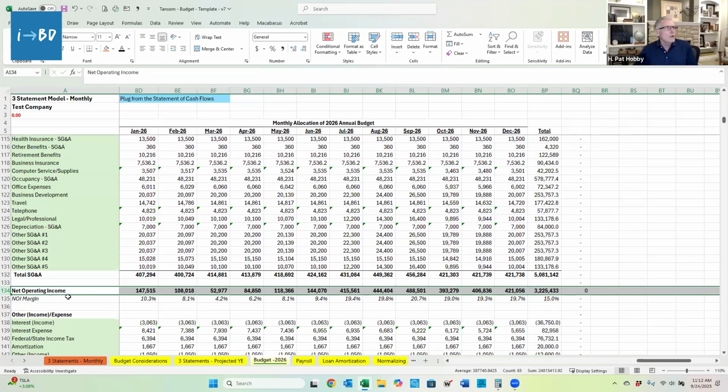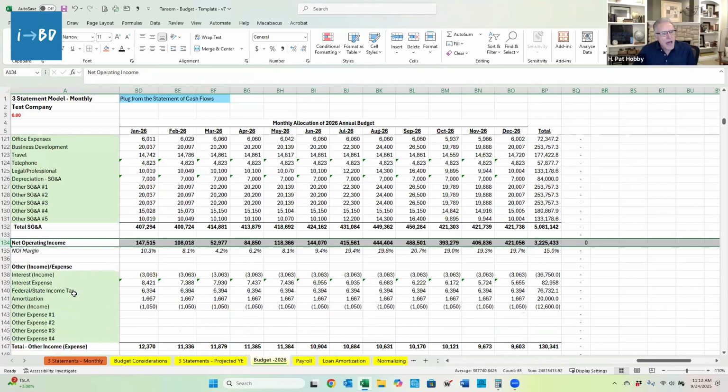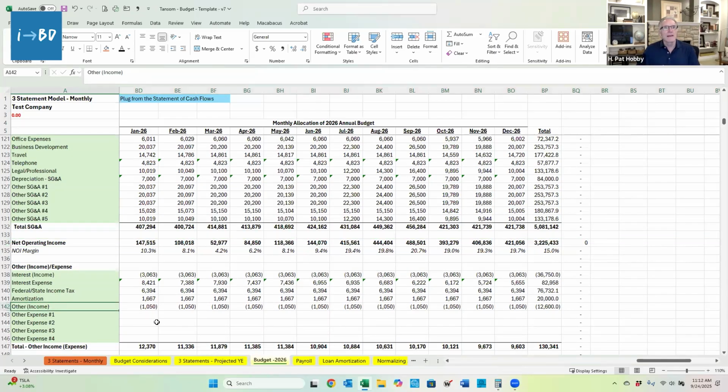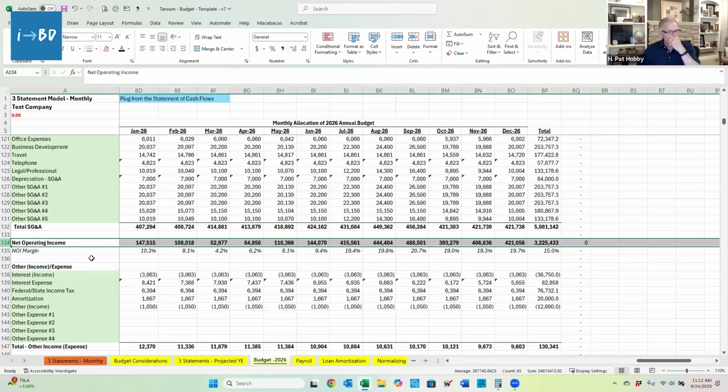Yep. You could have non-operational expenses. You could be paying somebody or have expenses that aren't directly tied to an operation. I'm going to give an example. If you had an owner who wasn't really active in the business, you'd want to put their costs down below the line. Is that almost like a plug for normalized EBITDA too? Yeah, it's like normalized net operating. You wouldn't want to put them up in SG&A because they're not really that active in the business,